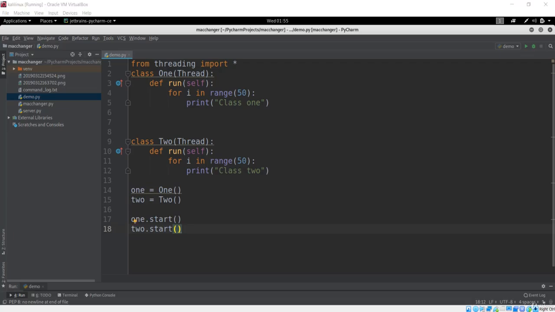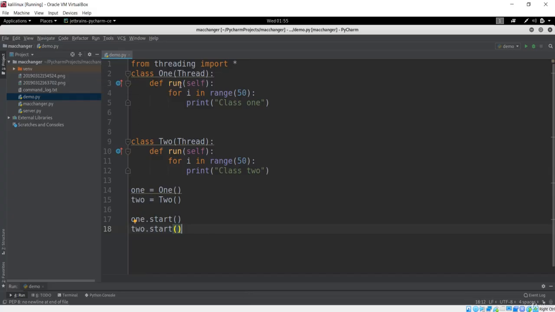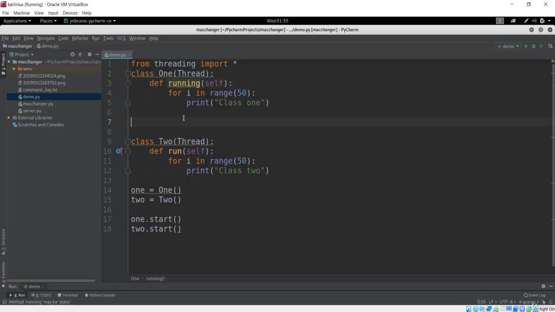Let's go back over here, and you could see these are the two methods that are very important. First is the run method, and this is important because you have to run your program in the thread with this run method. If you make any method in the class, let's say instead of run you say running, then this is not going to work because this method is not inside the thread class. If you want to override or make your program run in the thread, it should be inside this run method, and this is compulsory, this is mandatory.